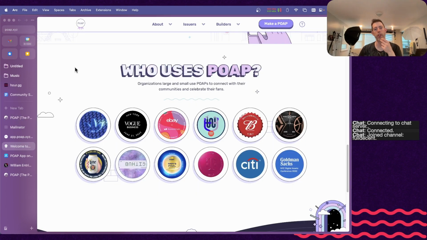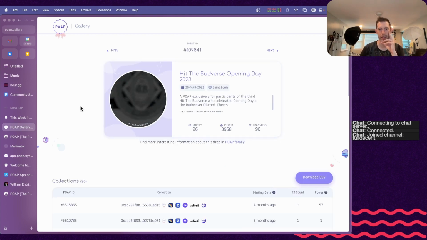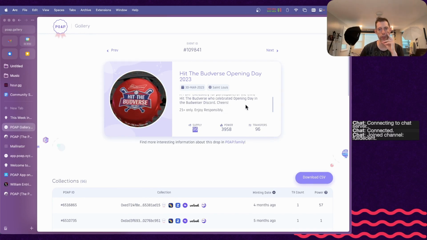This website, it's got social proof here. They're trying to show different brands. GitHub is giving them out. Budweiser's giving them out. It would be nice if it linked directly to it. Here's the actual link to the Budweiser. How many do you think it's going to be? 96. This should link on this homepage. 96, it's not a terrible number.